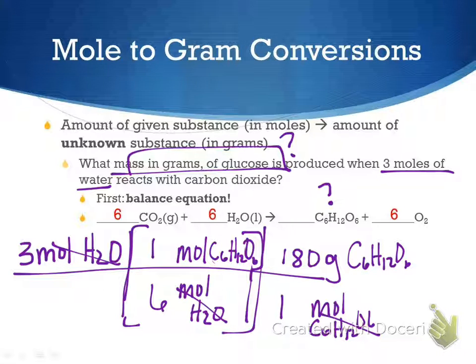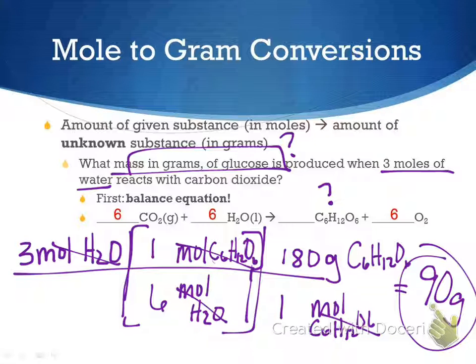So now we're done with moles of glucose. We're left in grams of glucose, which is what we want. So let's go ahead and multiply across the whole top, divide by the whole bottom. Did we get 90 grams? Yes. So this tells us when we started with 3 moles of water, and at least that much